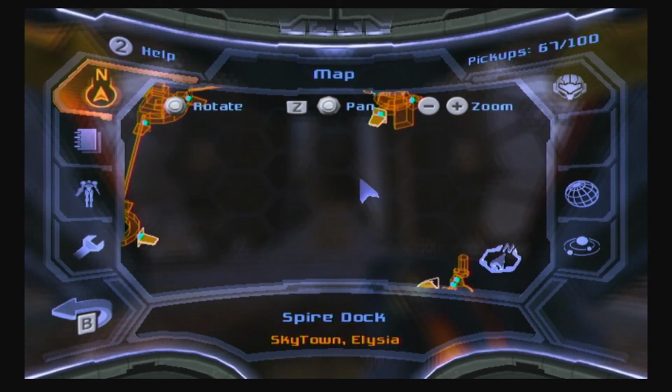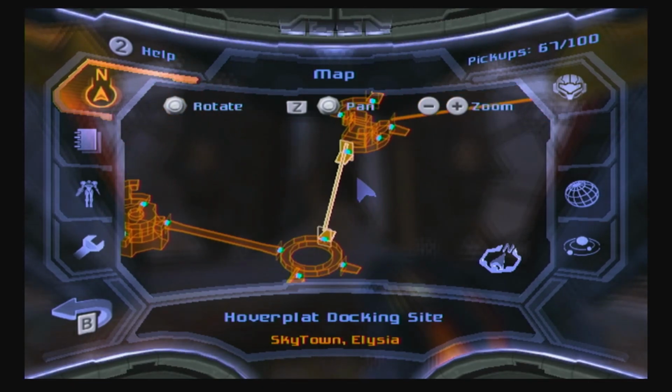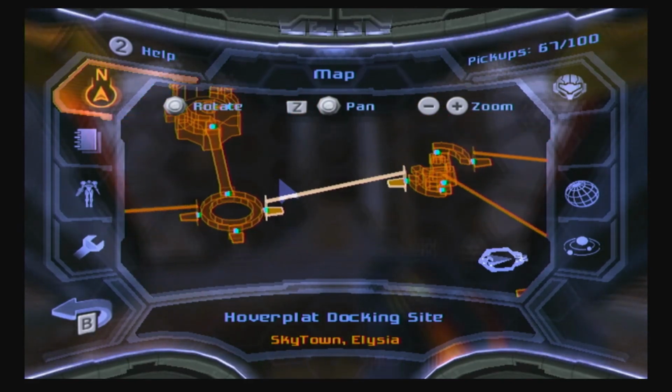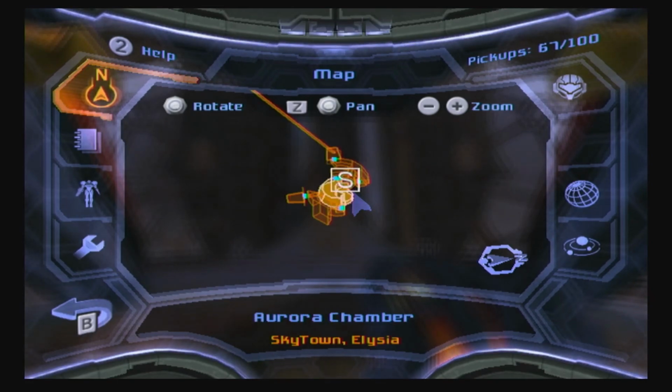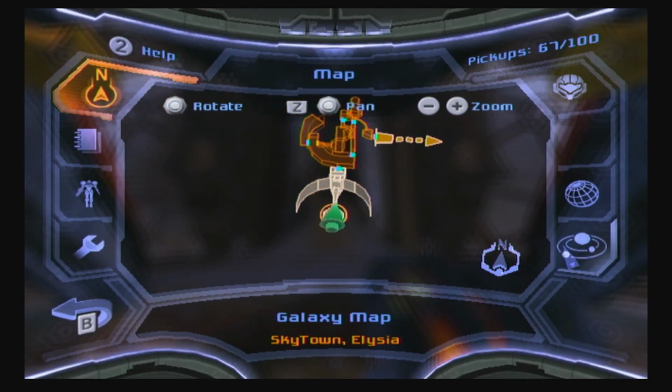I believe it's like right here. This is where the Spire dock used to be, but it's not here. We need to go to Zipline Station Charlie, and we need to use the Hoverplat docking site as well. There's a spider ball track in here we're going to need to use. We also need to get back to, not the Aurora Chamber, but we also need to go back to